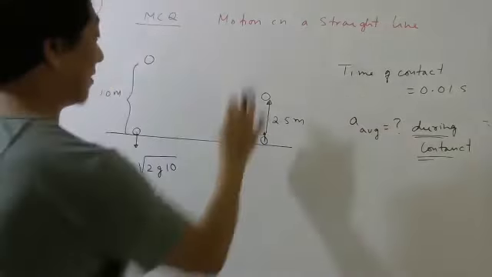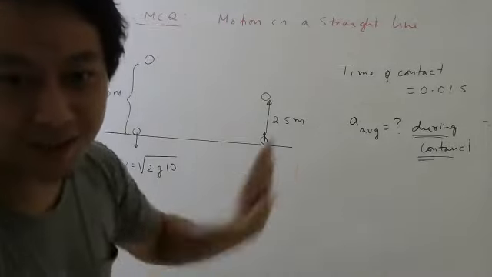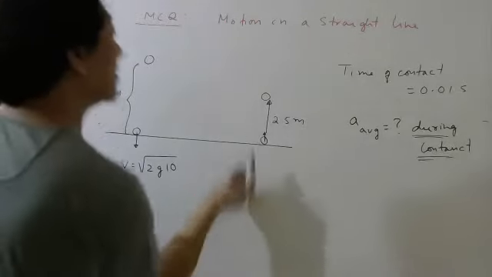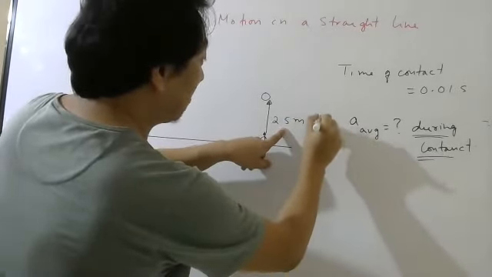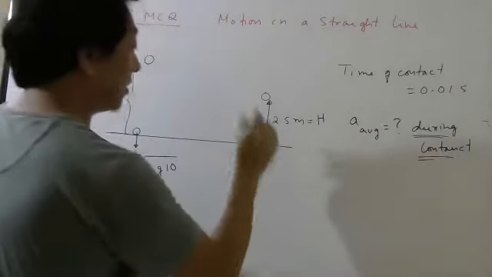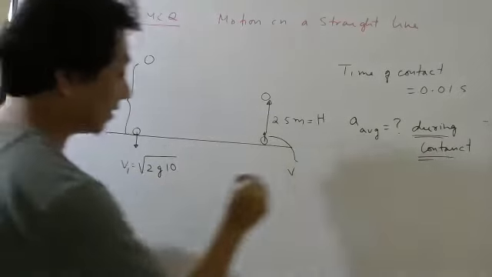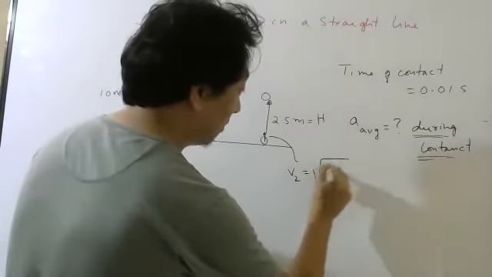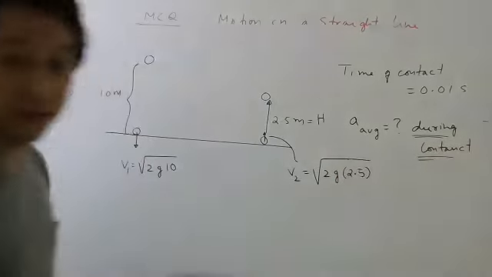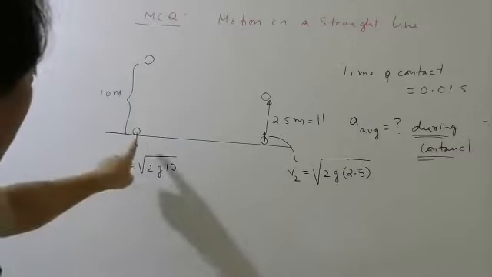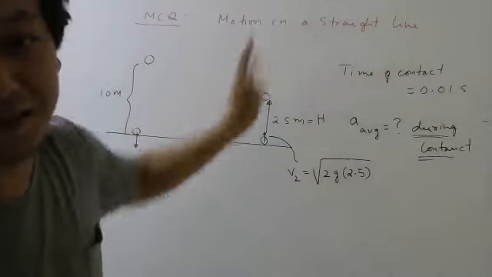It will start like this with a different velocity. Here only it will start, but I am showing it separately so that there is clarity. Then with what velocity will it start? See, it has gone up to this height. Let me call this capital H. Whatever the velocity is, let us write V1 here. Then V2 will be root of 2g 2.5. Correct, students? So this is the velocity with which it hits, and this is the velocity with which it starts.